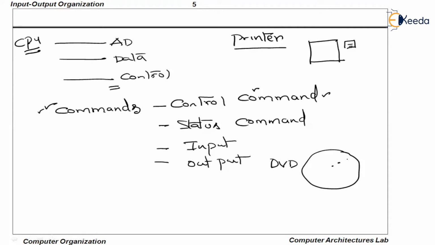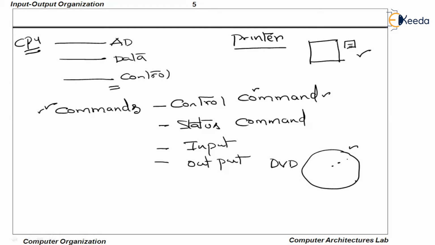For example, in this case, the printer is being communicated with. Now, a printout has been taken. Before you take the printout, you ensure that printing will be done. But during the print, paper should be moved horizontally and vertically. But when it comes to the DVD, it has to be rotated.